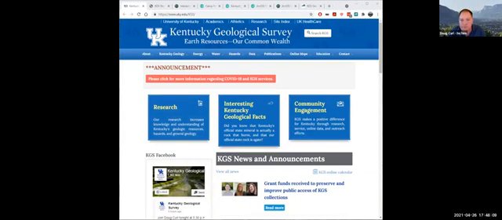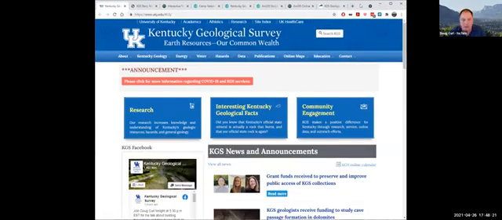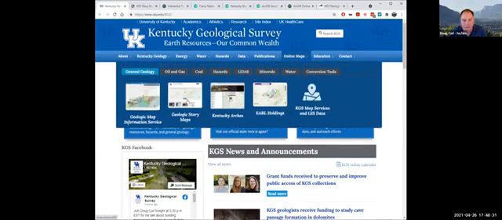So here we are. I'm going to again go over just the landscape of what we have at KGS for story maps. And you can get to our story maps through, this is the front page of our website, obviously. Got a lot of stuff on here, but under online maps, we have a link to our geologic story maps.